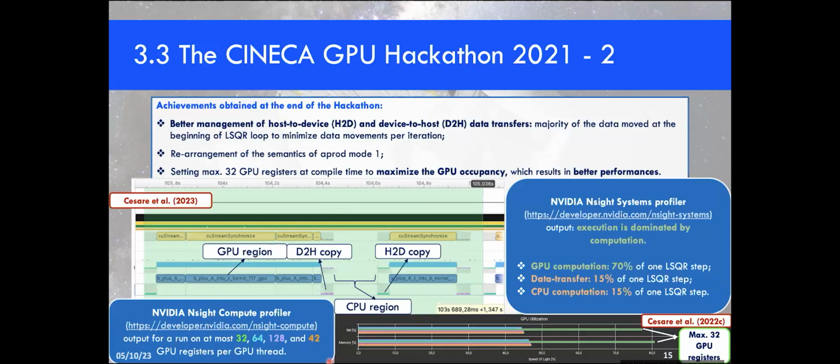This other profiler is instead the NVIDIA Nsight Compute profiler, which shows the GPU occupancy according to a different maximum number of registers set at compile time, and we can clearly see that the 32 registers bar guarantees the maximal